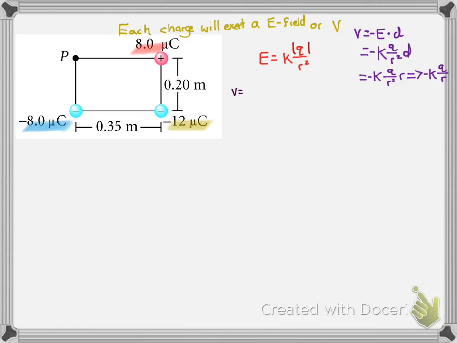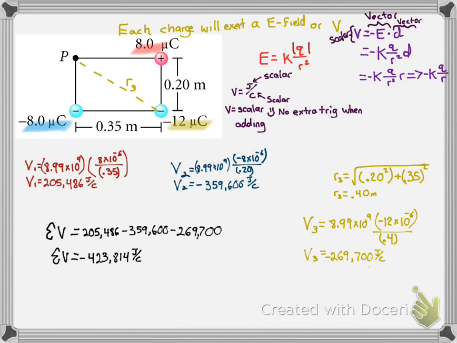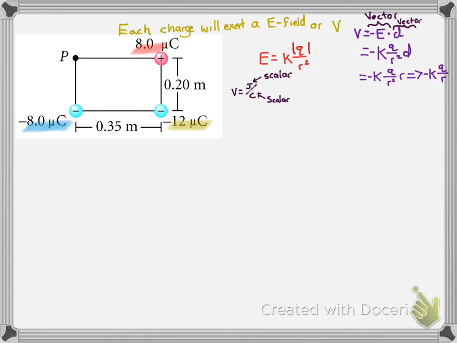The problem with the last problem is that the electric field is a vector, so we have to break it up into its x and y components and do all this stuff that takes a long time. But voltage is a scalar. It's made up of joules per coulomb. Joules is a scalar, coulomb is a scalar. If we look at the other equation, V equals negative E times D, E, the electric field, is a vector. D stands for displacement, which is also a vector, and we kind of got ahead of ourselves here. Since E and D are both vectors, when we multiply two vectors, what we get is a scalar. So both equations show us that